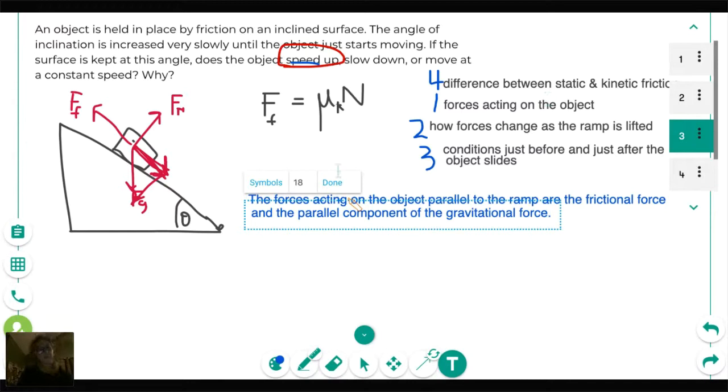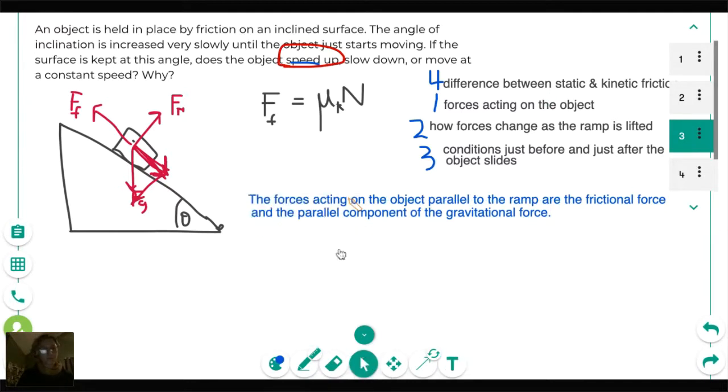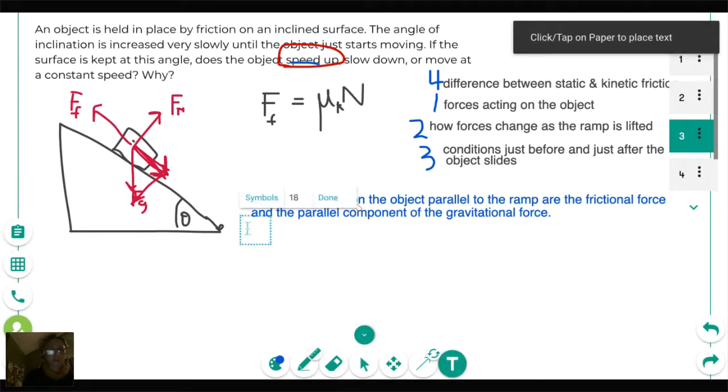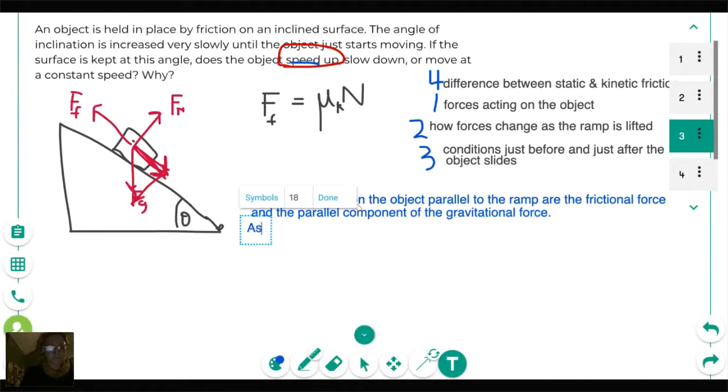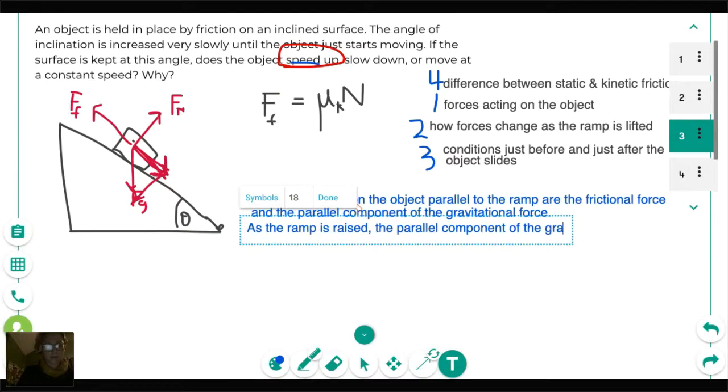And at this point, like we said, you can use a diagram in your paragraph length response. So if you hadn't already drawn a free body diagram, you could put a diagram of that here, so you could give a visual to what you're talking about. So we can say, as the ramp is raised, the parallel component of the gravitational force increases,